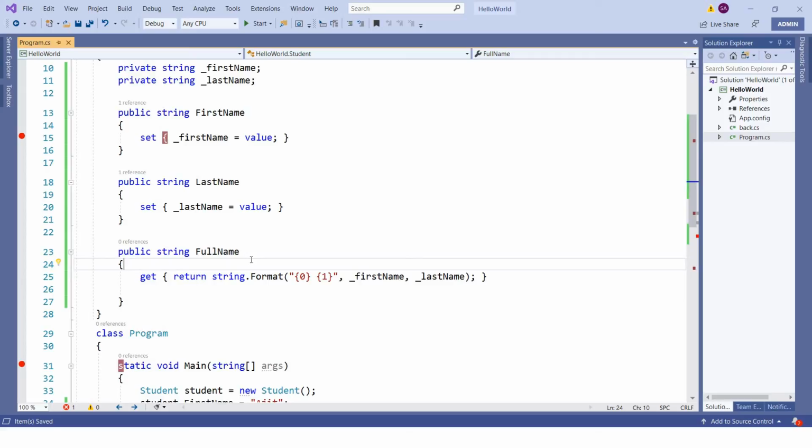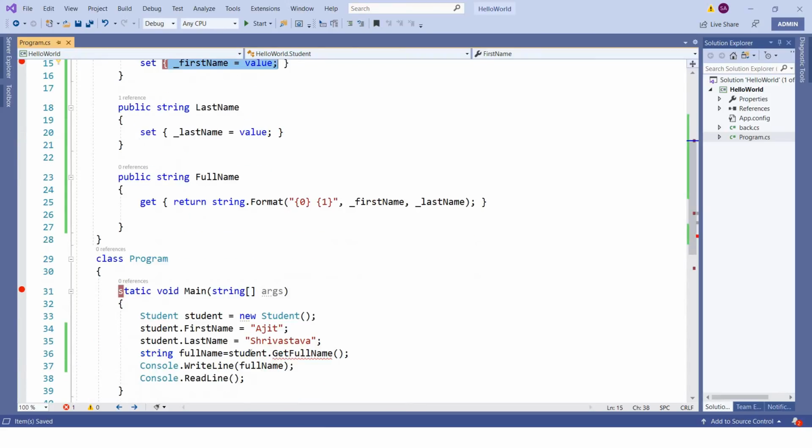Getter and setter, you can treat them as a method. Whatever logic we write here will get executed here. We'll have some more examples, but for now simply understand this, and let's try to modify this. Now we don't have get full name, so we'll simply have full name.